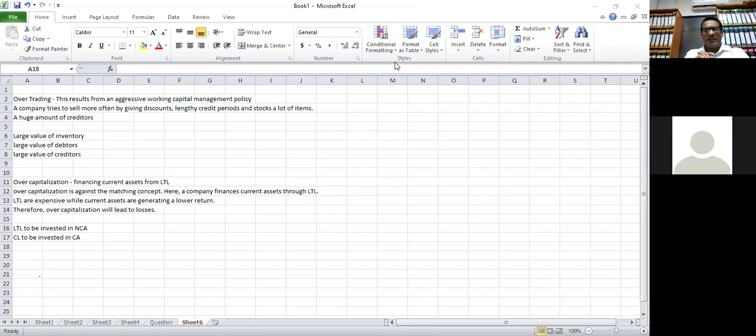Okay, so basically we will wind up today's class now. As I have told you, we can discuss a question about the ratio analysis next week. Maybe we can take financial statements of 2 years for the same company, and then we can calculate the ratios and compare to see the trends, whether the performance is increasing or decreasing.